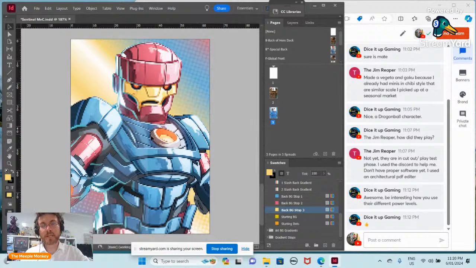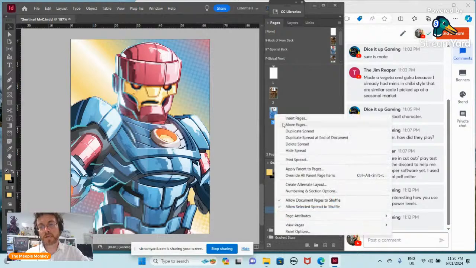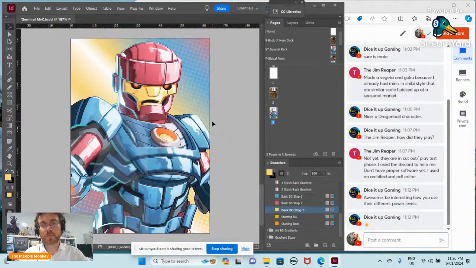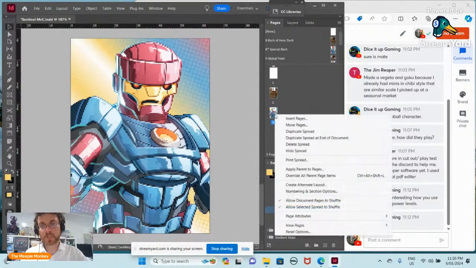We've created that. If we want to go in and edit this card later on, we can right click on it and hit override all parent page items. And that's when you want to start creating your text on your cards and things like that. For each separate card, you can do that, but we don't need to do that here. This is just going to be one back card. But what we do want is to have that bottom of the deck card as well. So what we're going to do here is click on this image again, because this is now in our list of